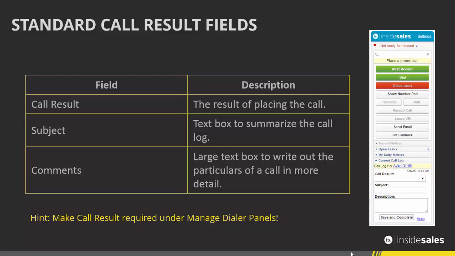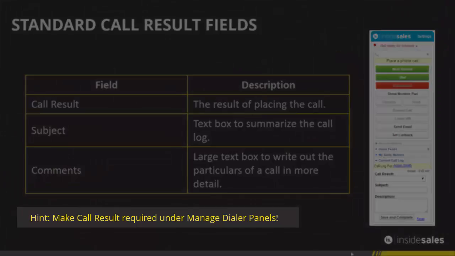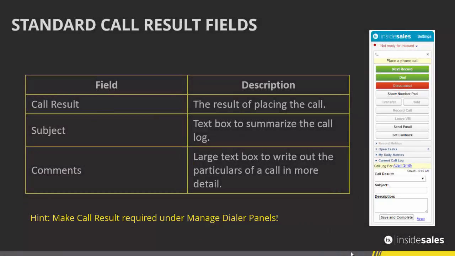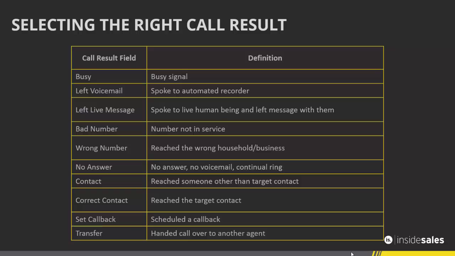One thing that is extremely helpful with using call results is to make the call result drop down, that one field, required for the reps under managed dialer panels. This requires them to enter that data instead of just skipping over it because they don't want to take the time to do it. The options available in the call result, these are preset and cannot be changed, are things